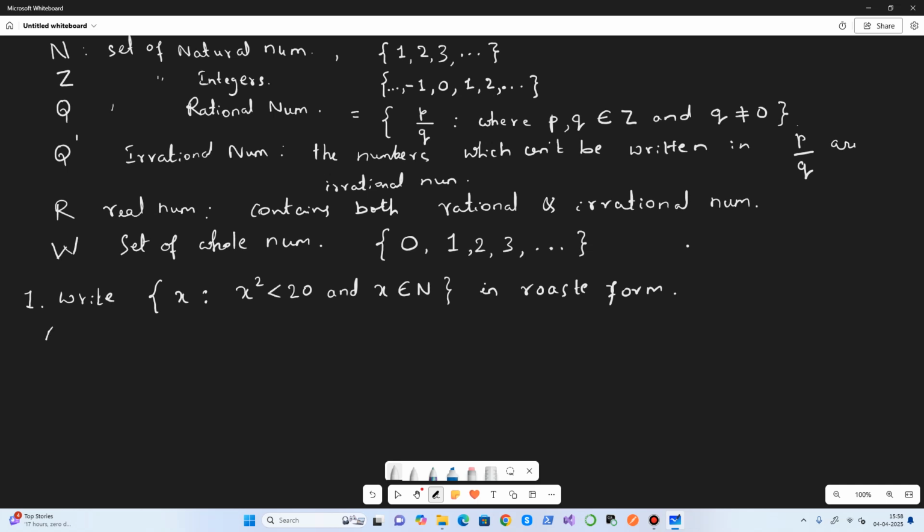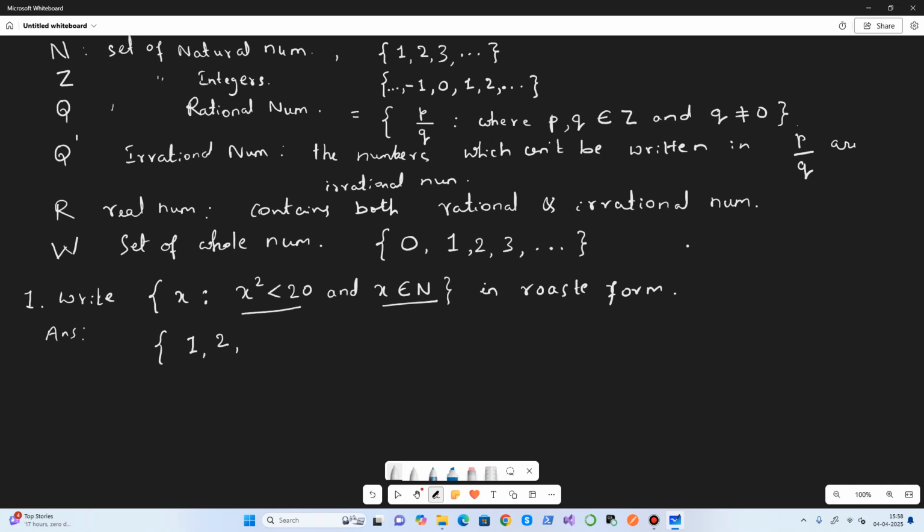So how do you do that? The property of the element is such that the square of that number is less than 20. x is a natural number, so it starts from 1. 1 square is less than 20, yes, so I will list 1. 2 square less than 20, yes, so 2.